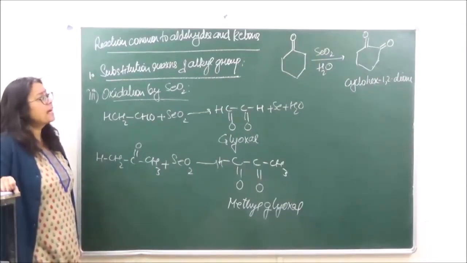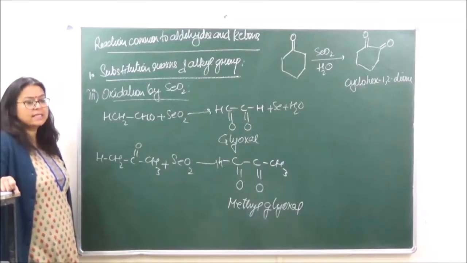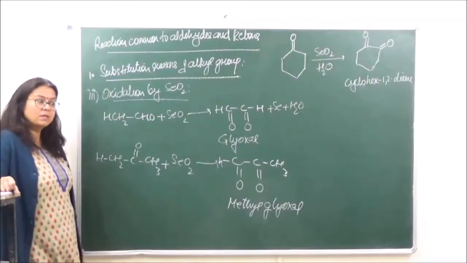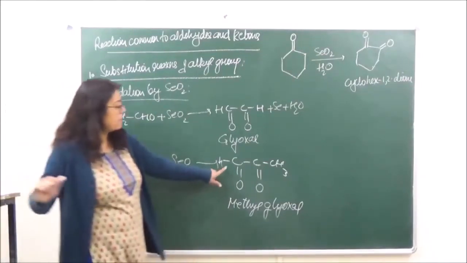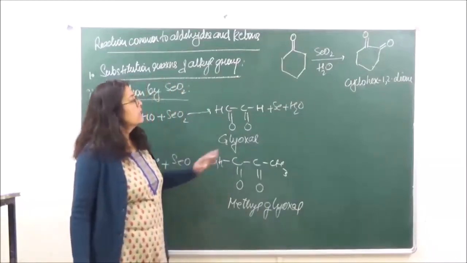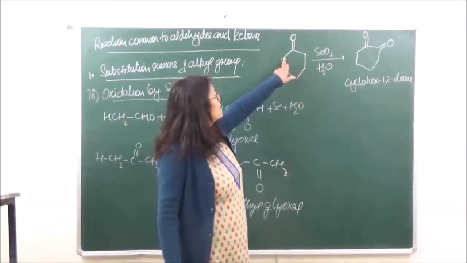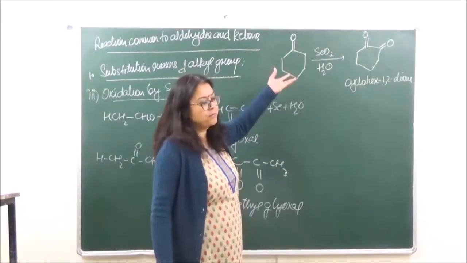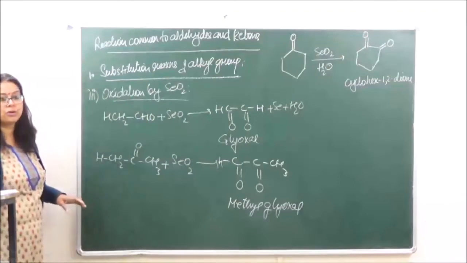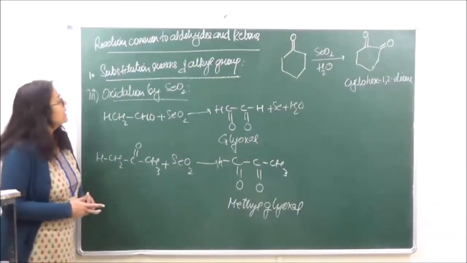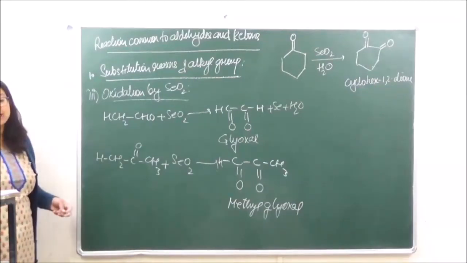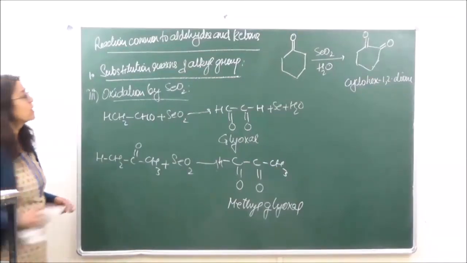the same type. It is the alpha carbon atom which is getting oxidized, and C double bond O is going to be present at the alpha carbon atom. Okay? So here, whether you put the C double bond O with this one or with that one, it is the same thing. Similarly, here whether you put the double bond with this one or that one, it is going to be the same thing. Because both are alpha, but only one of it is going to get oxidized, not both. Right? So these are the first type of reactions which we've done, substitution reactions of the alkyl group. Let's go on to the second type of reactions, reactions of the carbonyl group.